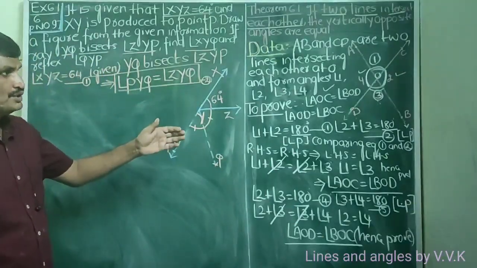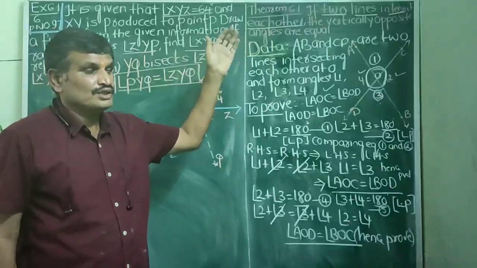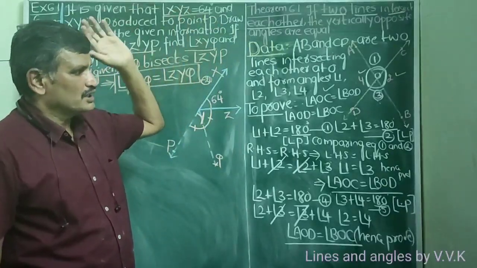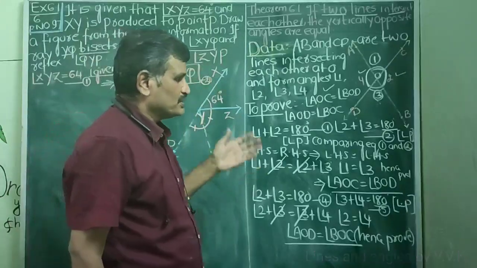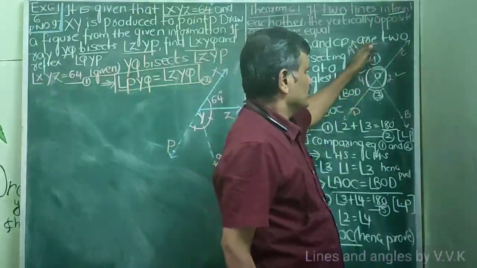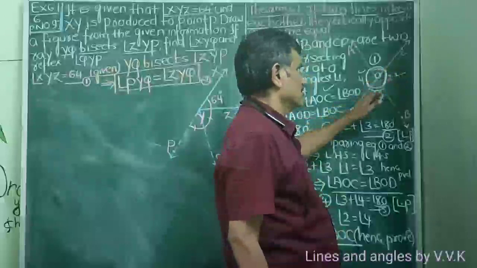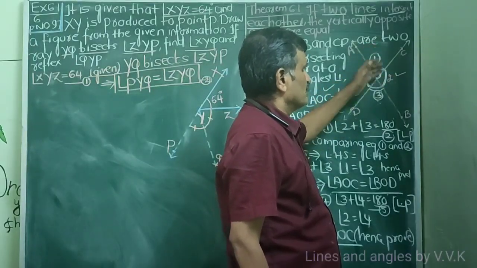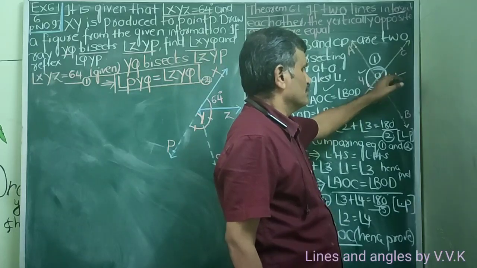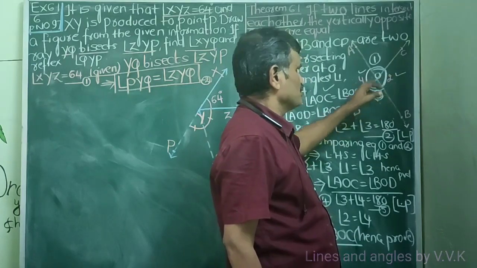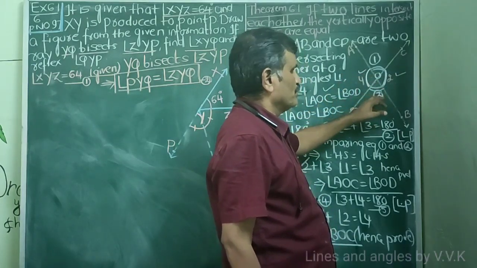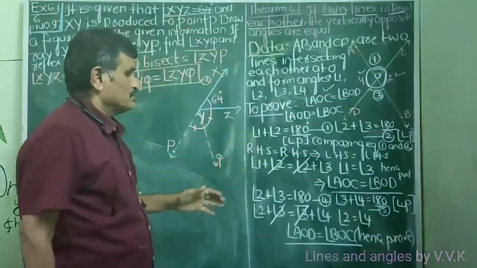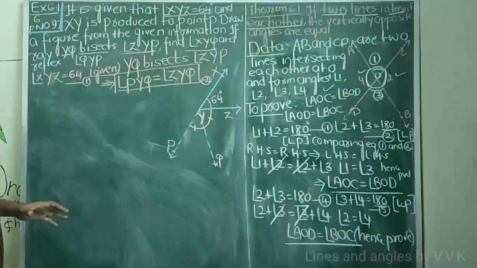So the theorem that we have proved is, if two lines are intersecting each other, then vertically opposite angles are equal. For that purpose, I repeat what we had done. This plus this is 180, this plus this is 180. And since both the left hand sides are equal, the right hand sides will be equal. So this cancels here. And again this plus this is 180, this plus this is 180. 3 is common, so it will get cancelled. So 2 equal to 4. So in this way, you can prove a theorem in a systematic and logical way.